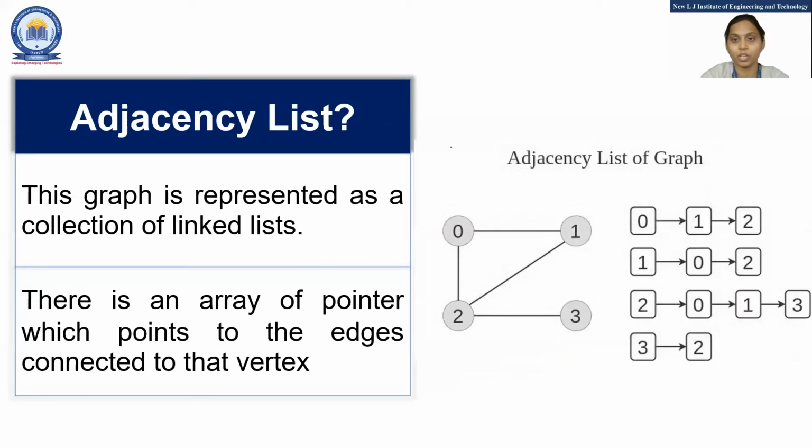Now what is a list? A list is also a very simple representation. Here you simply have to list all the nodes that are in your graph. So 0, 1, 2, 3 are all the nodes present in your graph. List them all here, and then you just have to point out which nodes are connected with each node. Like 0 is connected with 1, yes. It is connected with 2, yes. So 0 is directly connected to 1 and directly to 2. Let me take one example.